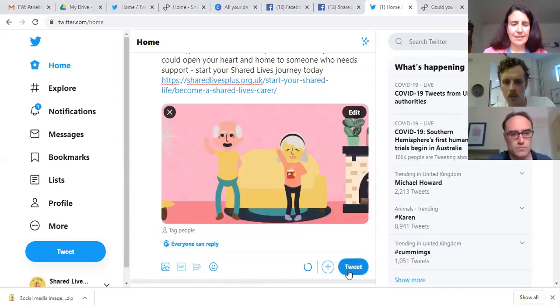And then in the bottom right, you click tweet. To add the image, you always need to click this landscapey picture in the bottom left. You can add GIFs and emojis too, which is quite straightforward, but we're just going to keep it simple for now.